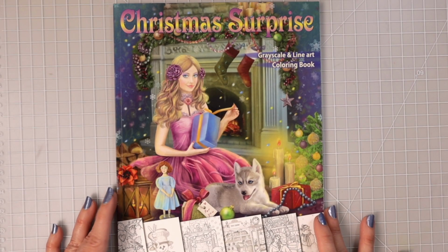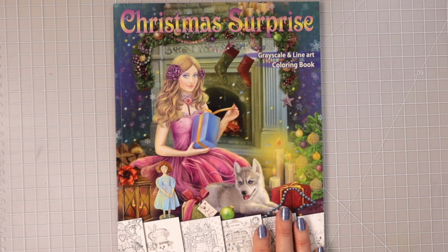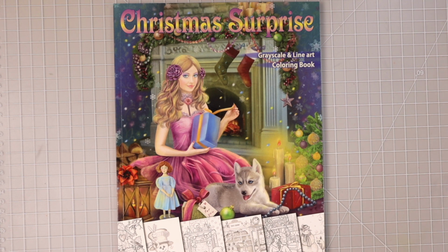These next couple books I'm going to share with you are by Alena Lazereva. Now, I've been talking to her, and this book here, Christmas Surprise, she has done some updates to this book, and I'm not sure if she's going to send me one to share with you all. It's really cutting it close because we are very close to Christmas now and everybody's already coloring Christmas,